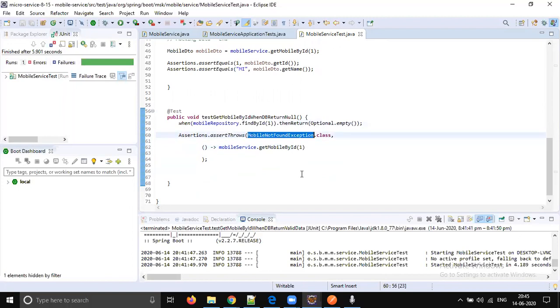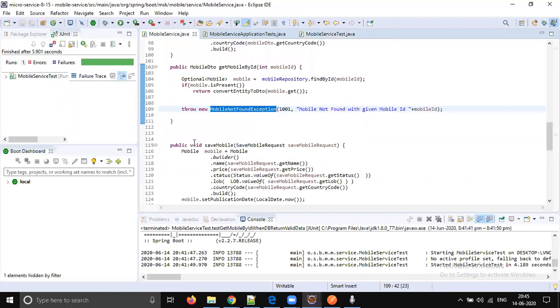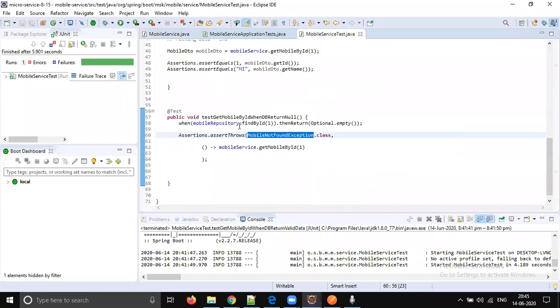So we are doing a behavioral test, right? If there is no data in the database, I should get mobile not found exception.